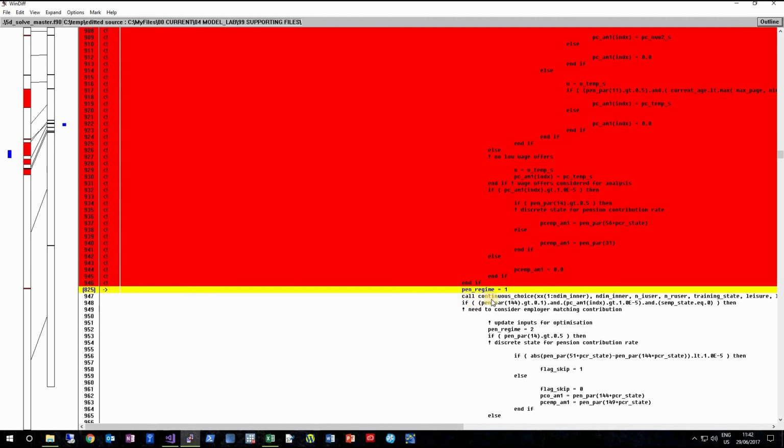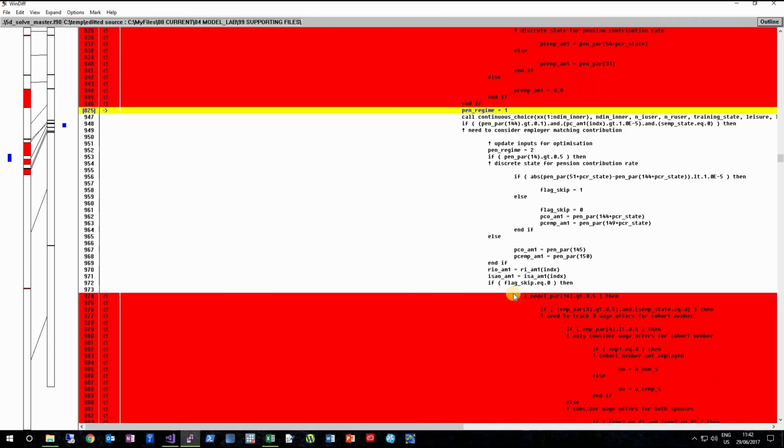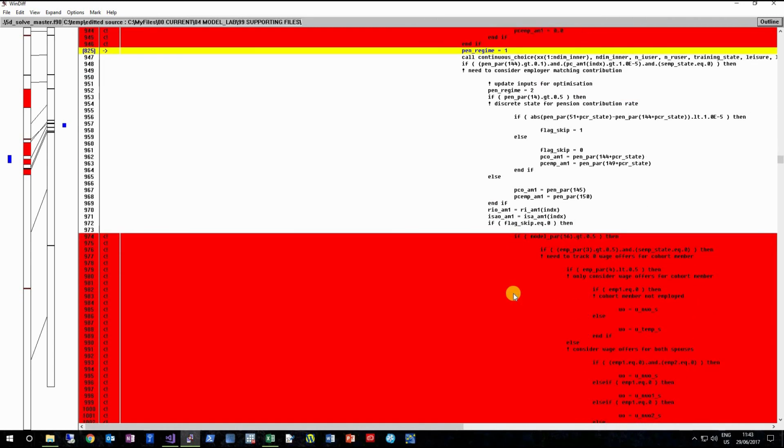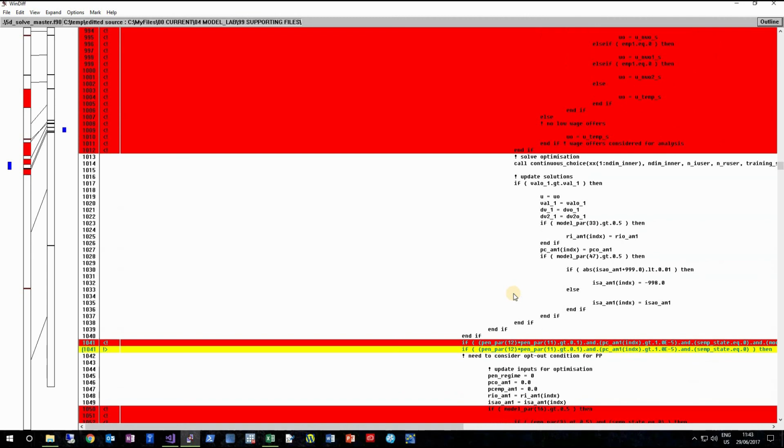And so they feed in here. The model then optimizes at this point here under this continuous choice. Basically, this is the routine that conducts the continuous choice decision. And then there are a bunch of routines that effectively save